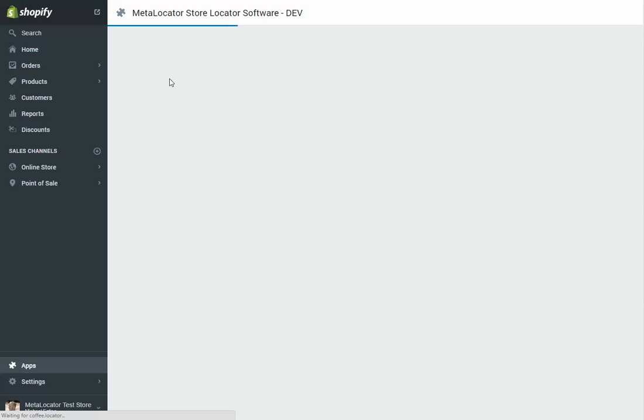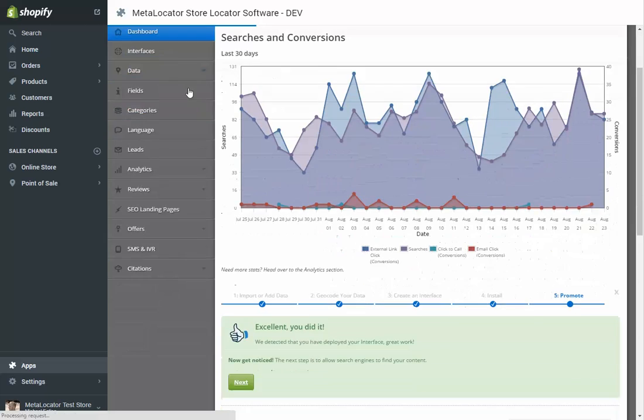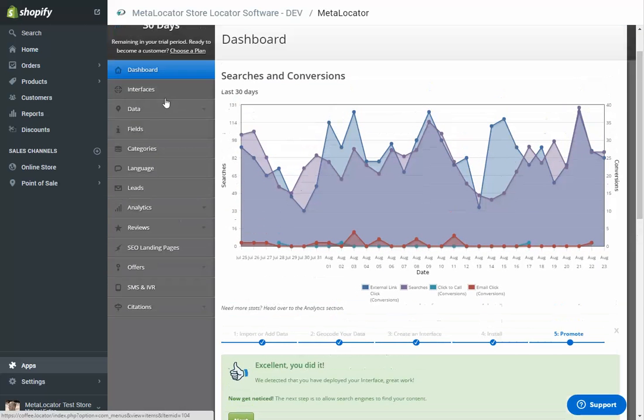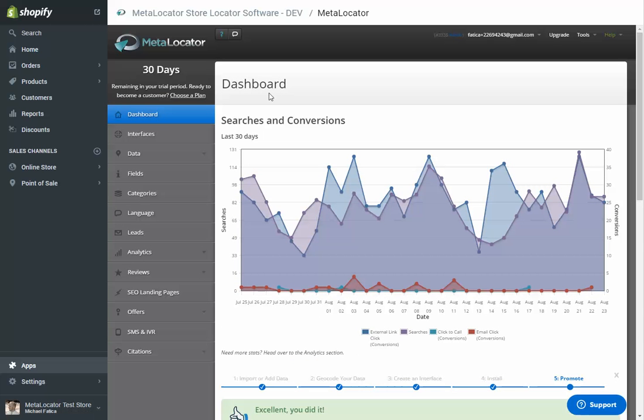You only have to install the Shopify installation code once. After that, you can make modifications to your location data, interface settings, and even create additional interfaces directly from the MetaLocator dashboard. If you ever have questions, feel free to click the support button in the lower right, and our